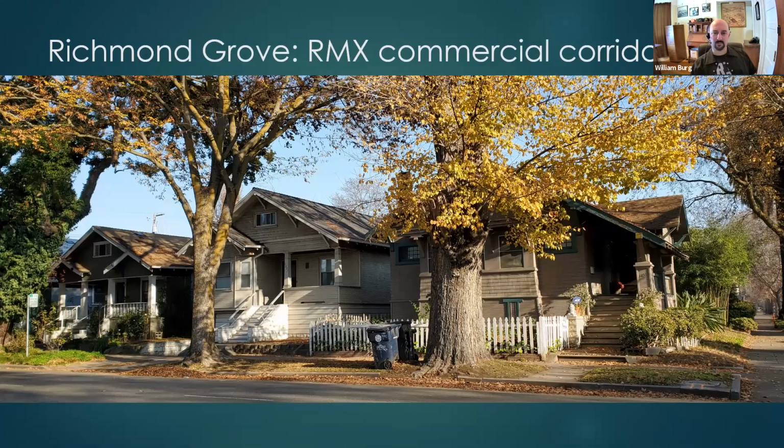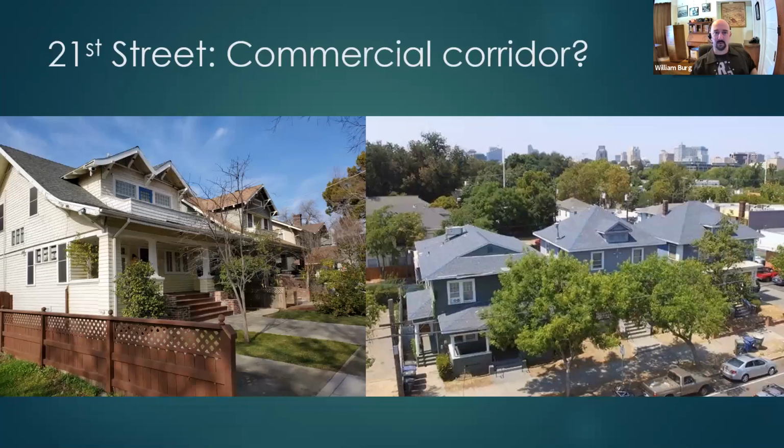This is from Richmond Grove on 16th Street and V. And this is a place where the city wants to rezone RMX. What the city sees when they look at this block is, oh, these are awful. These are horrible. No one would want to live in these buildings. So we should rezone them for mid-rise. On the 21st Street corridor, same thing, through the Poverty Ridge Historic District and the edge of Winn Park. Oh, nobody would want to live in these dilapidated old pieces of garbage, and so we'll rezone this for mid-rise.